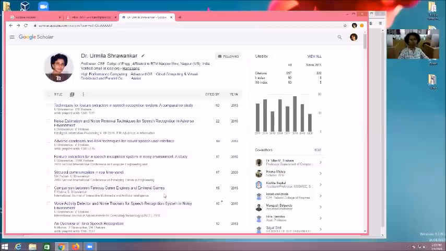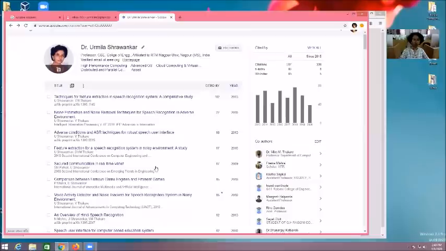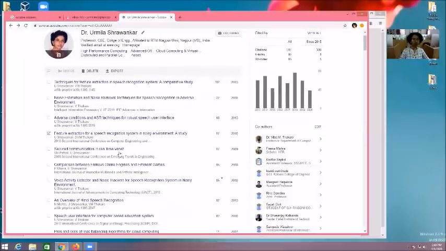But what happens, some names are very common, like Patil, Deshmukh, Deshpande, Kulkarni, Thakre. These are very common surnames, and with that particular name, multiple persons are available. That time, unfortunately, we may miss some papers and some other papers may be added into your profile. So you need to check here, and suppose it is not your paper, for example, suppose I do not want to keep this paper in my record because it is not my paper, you can click on it and then delete that particular paper. That way you can maintain your profile properly and keep it updated.